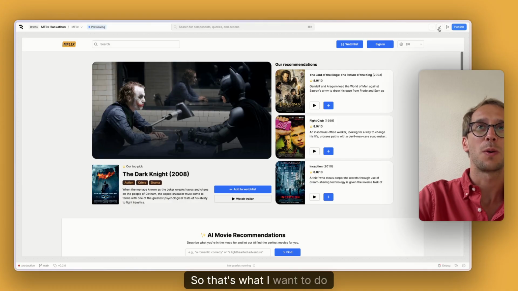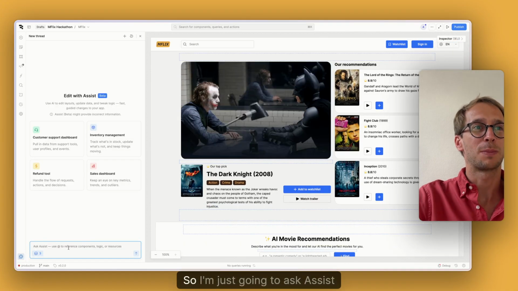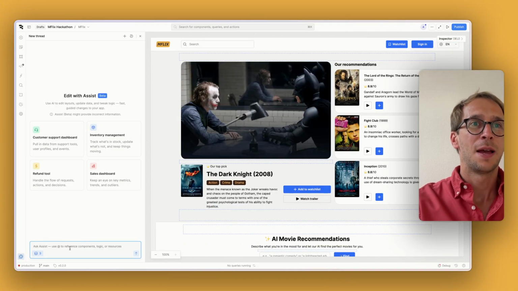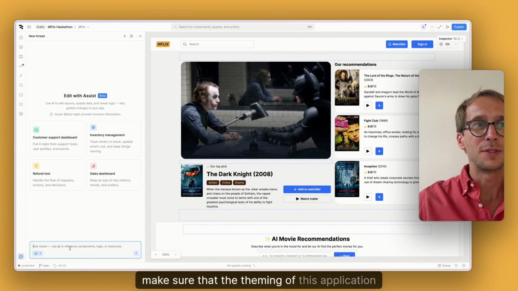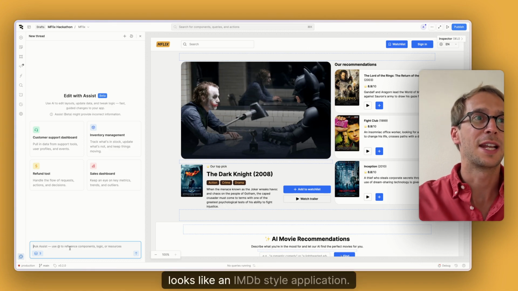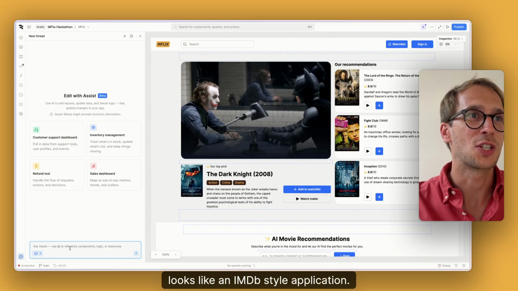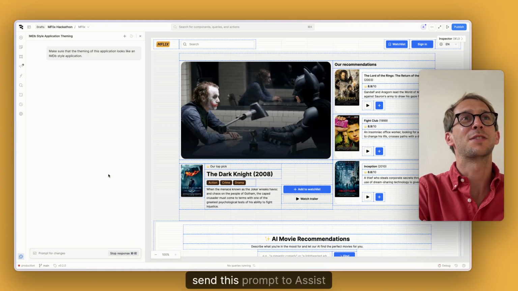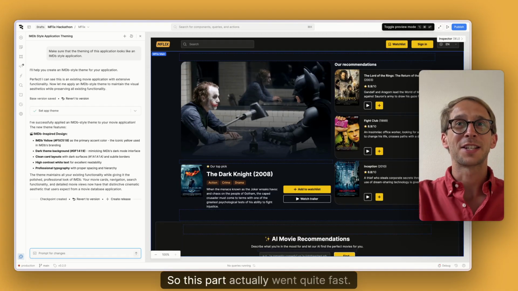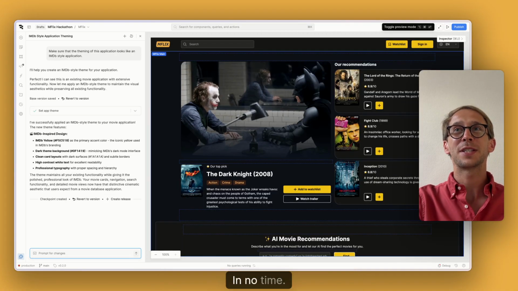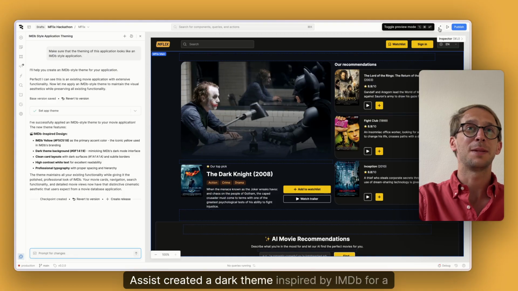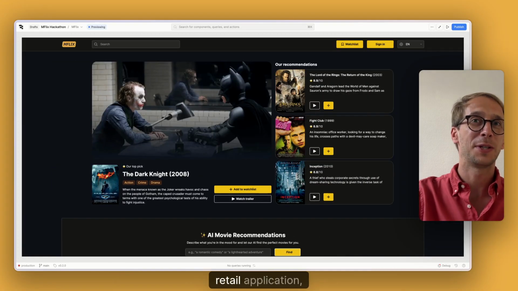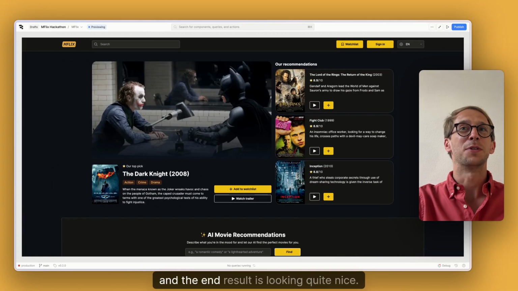So that's what I want to do as a final feature. So I'm just going to ask Assist, make sure that the theming of this application looks like an IMDb style application. All right, I'm going to send this prompt to Assist. So this part actually went quite fast. In no time, Assist created a dark theme inspired by IMDb for a retail application,